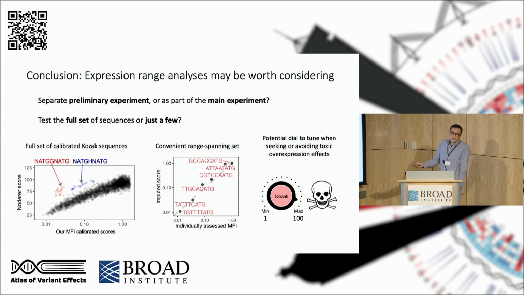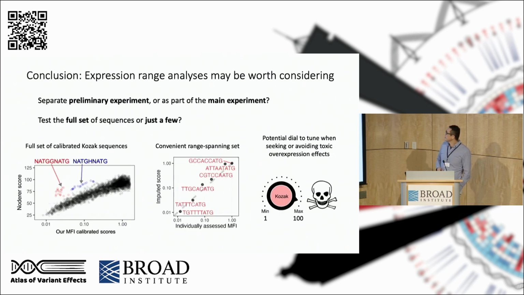And the next question is, should it be a separate preliminary experiment, or do you decide to put it as part of the main experiment, right? I think it's going to be very situation dependent. Also, do you want to test a full set of sequences, such as what we did over there, which was a library of 4,000 sequences? Or do you want to just test a few, in which case, here's a set of 6 that span that range, where I've taken out the upstream open reading frames in either context,